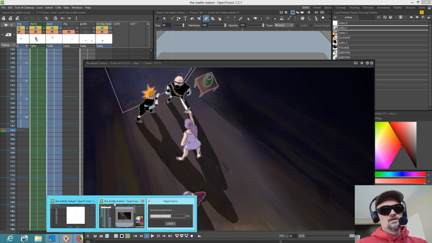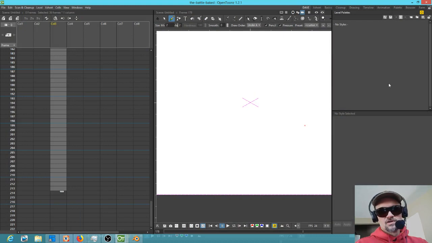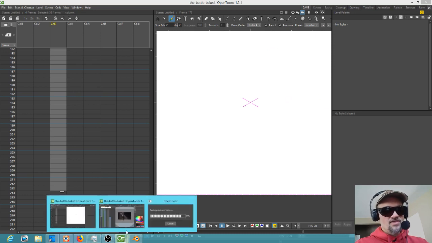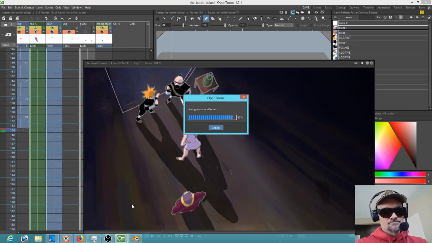Ever since I installed the official release alongside, I've had this situation where there's a phantom version of OpenToonz running in the background, and by the way, you can't kill it. If you click the X or press Control F4, nothing happens. It won't die. I have to kill it through the